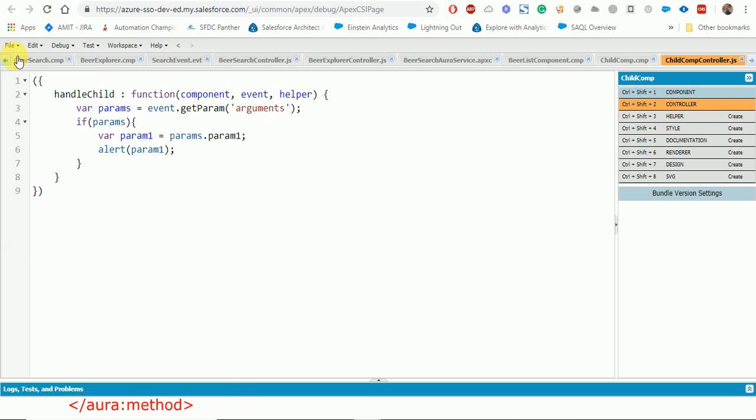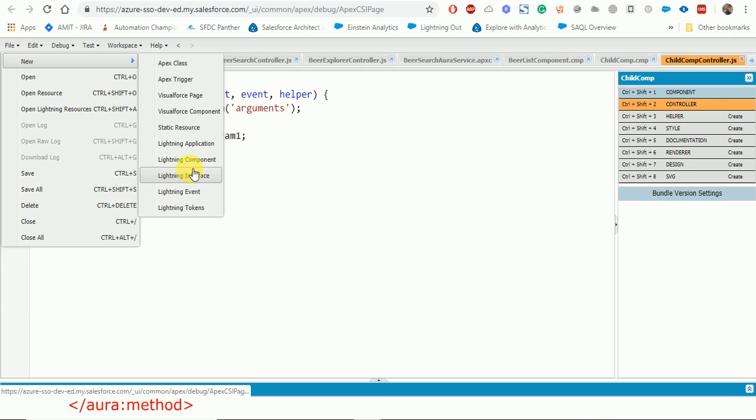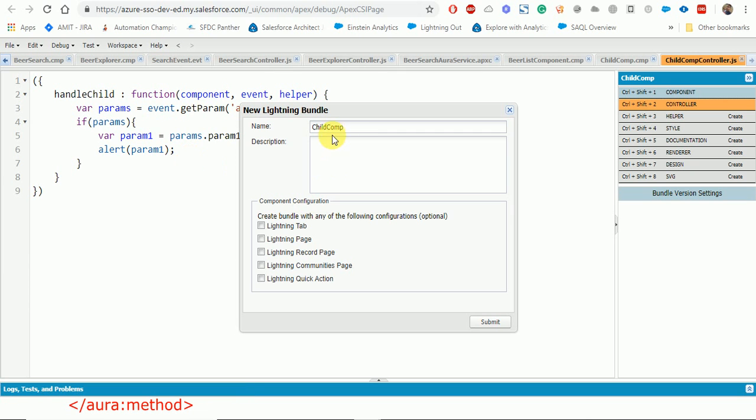We'll go ahead and create a new component that will be the parent component. So we will make it as parent component.